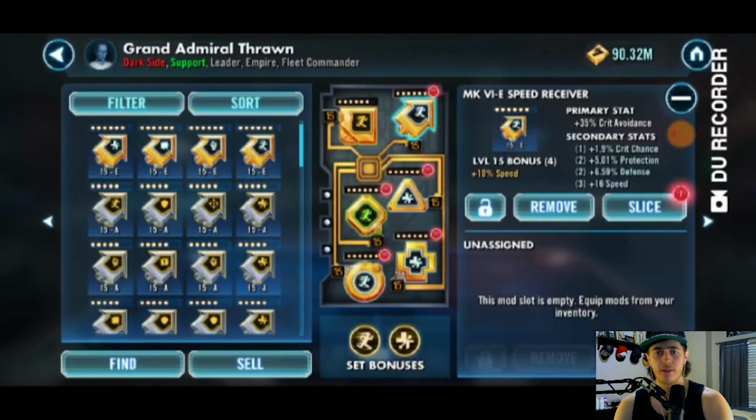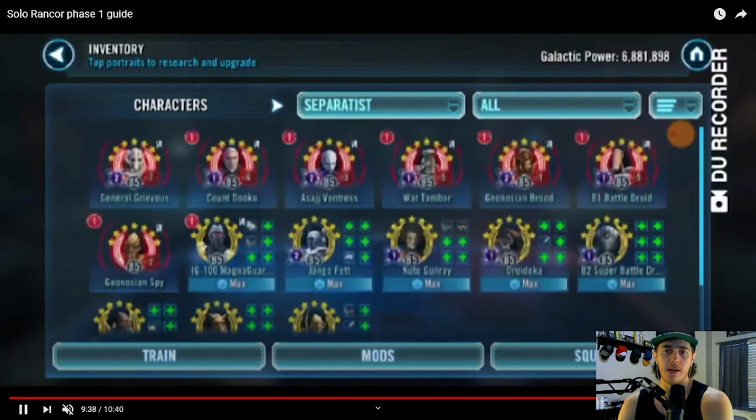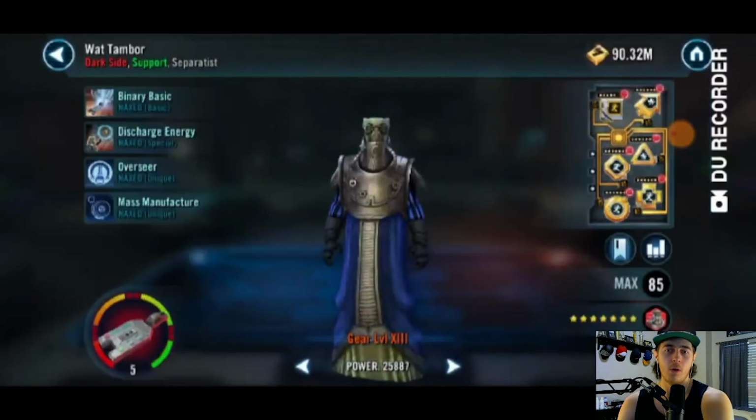So you want to have that there. 16 speed on a critical avoidance arrow. Very, very good there. Health everywhere else you could possibly get it, guys. It is what you want to see. So Thrawn's kind of simple. He's pretty basic. And then I think the next one we're going to go over is going to be